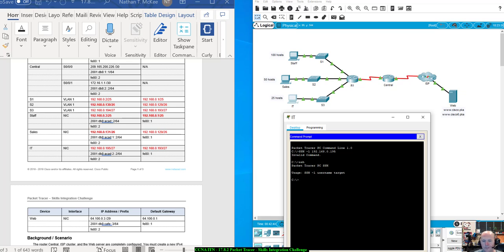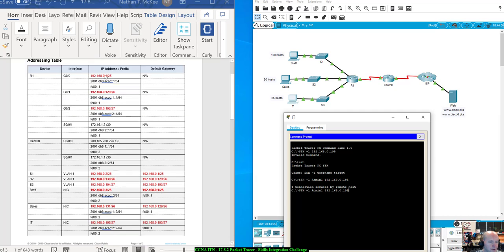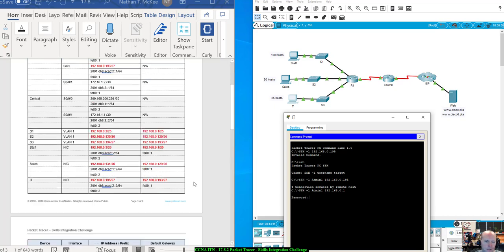Oh, SSH username. Alright, SSH -l, username admin1. Target is 192.168.0.195. I always do that. I'm trying to log into myself. Alright, what we should be logging into is .1. Alright, there we go. Now the password is